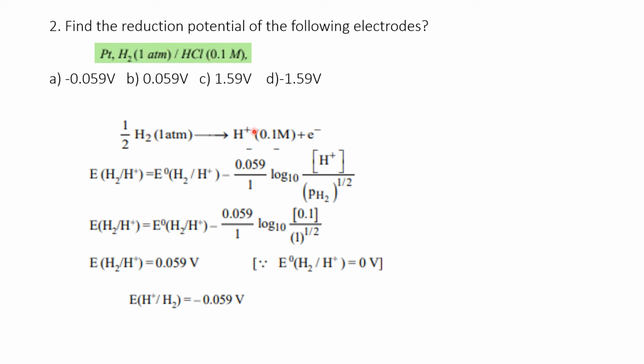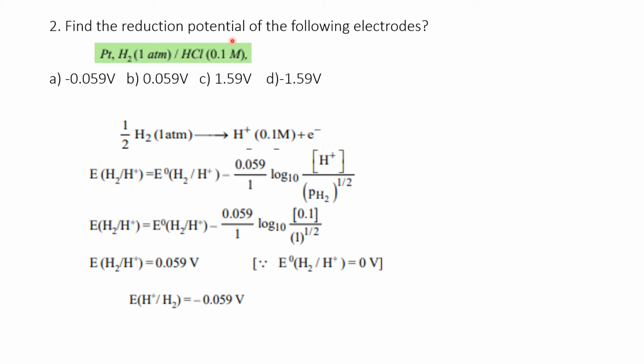If you balance this equation, half we need to write it. It's only 1 electron, so only 1 hydrogen will be there if it is crossed. So that's why half we need to write, half hydrogen. So half hydrogen we need to put over here, 1 by 2. Okay, if you solve this, you will get the value of 0.059. That is minus 1, we will get it minus, and minus becomes plus. So E of H2 to H plus becomes 0.059.